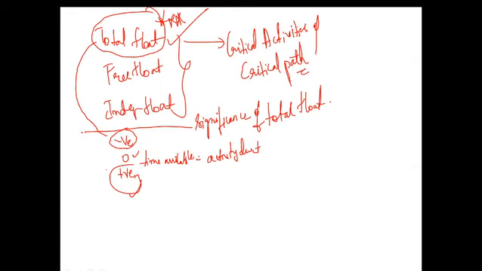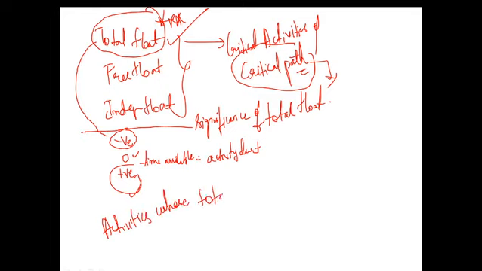And what is critical path? Critical path is nothing but the longest path in our network. Critical path joins those activities which are critical. How are we determining this? Critical path can be easily determined with the help of total float calculations. Whose total float is 0? Activities whose total float is 0.